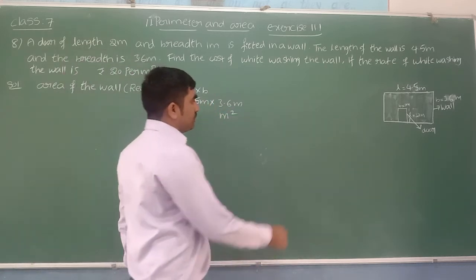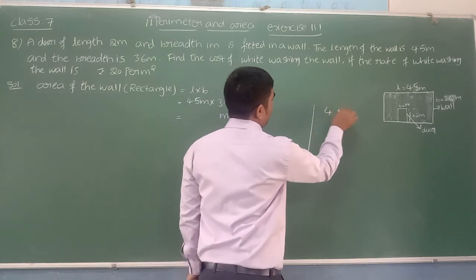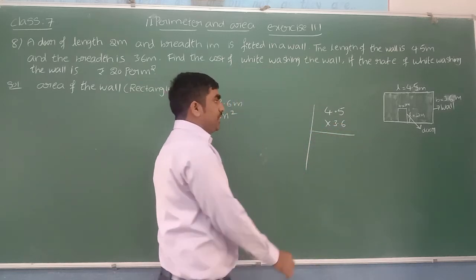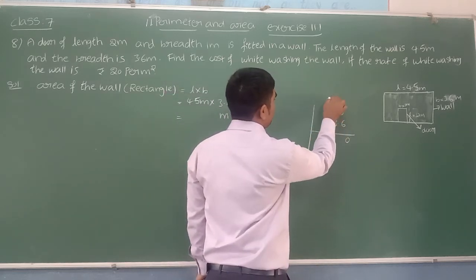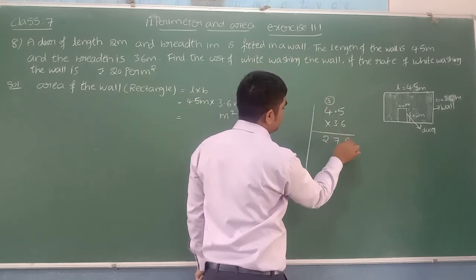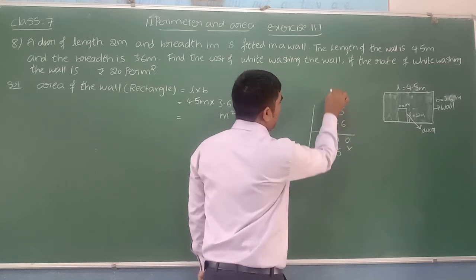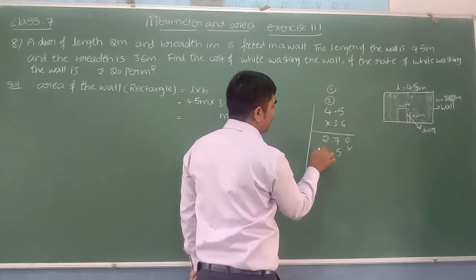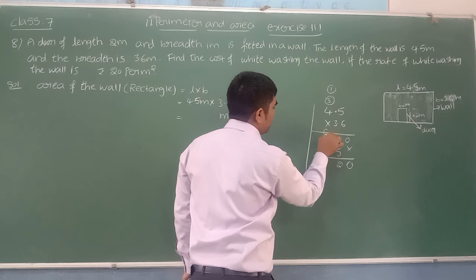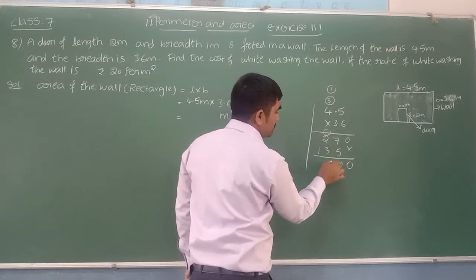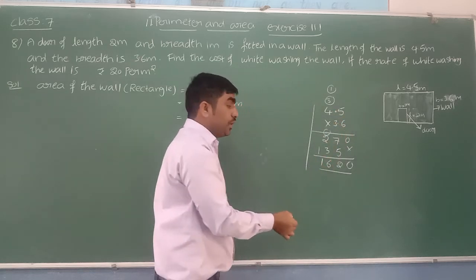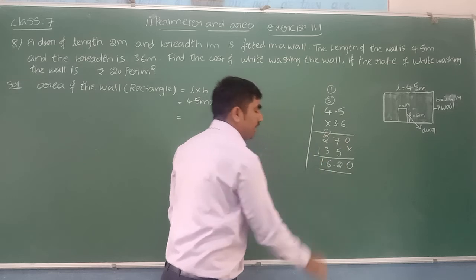Let us multiply both. We will multiply now 4.5 into 3.6. First you can multiply like general multiplication. 6 5s are 30, 0 and 3 carry. 6 4s are 24, 24 plus 3 is 27. 3 5s are 15, 5 and 1 carry. 3 4s are 12 plus 1 is 13. 7 plus 5 is 12, 2 and 1 carry. 2 plus 1 is 3, plus 3 is 6, then 1. Here we have 1 digit after the decimal point, and 1 digit in the other, total 2 digits, so we keep the decimal point.